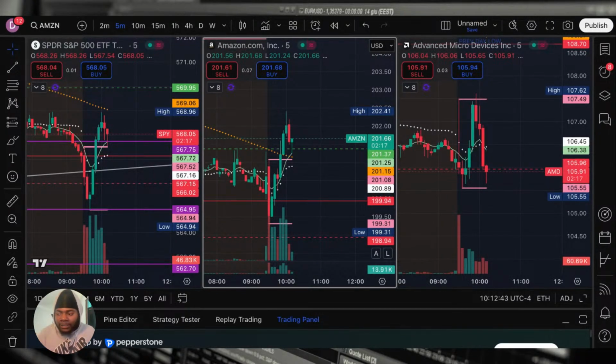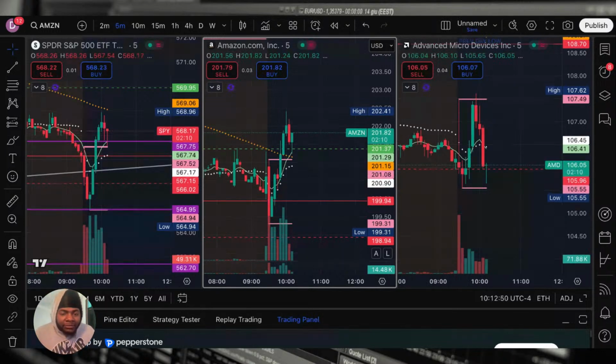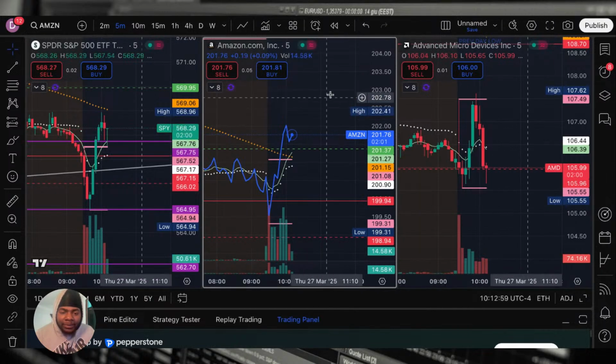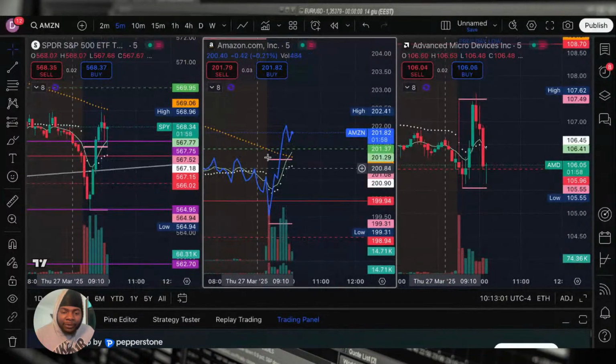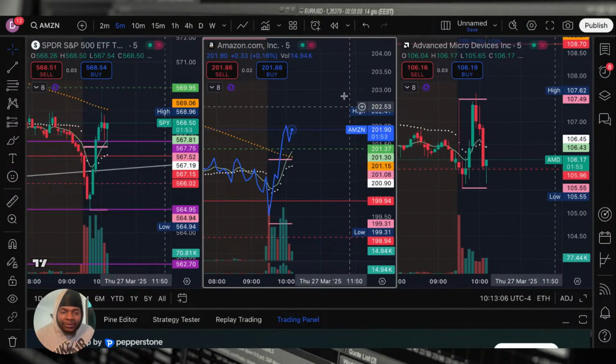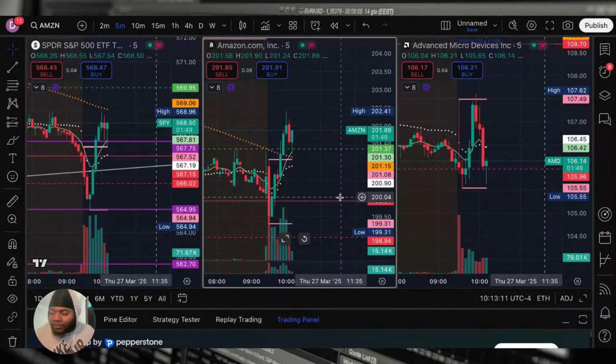I like this Amazon again if we pass this pullback candle though. But I want to see SPY get above 200 moving average. But Amazon look like it's loading back up. And if you don't know what a pullback is, sometimes you can bring the line chart up, guys. Look what I just did. I just brought the line chart up. Look at that pullback. That's clearly showing you it's a pullback. You know what I'm saying? All right, let's go back to the candles. Yeah, the line chart will show you way better.